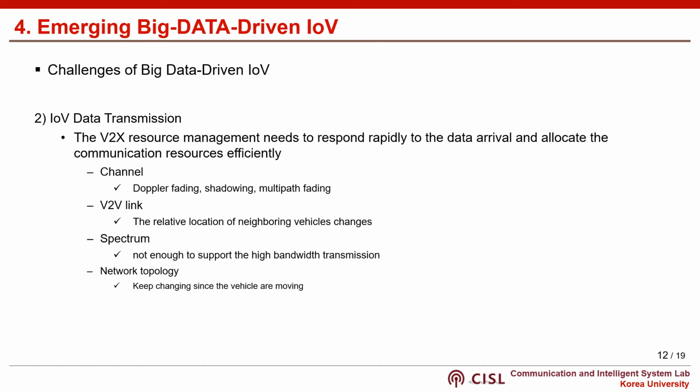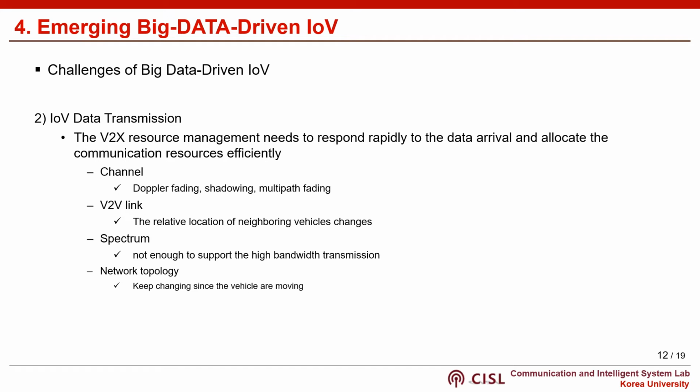So the second challenging issue is related to IoV data transmission. IoV data tasks require different QoS, such as different delay requirements and transmission data rates. V2X resource management needs to respond rapidly to data flows and allocate communication resources efficiently, which is challenging